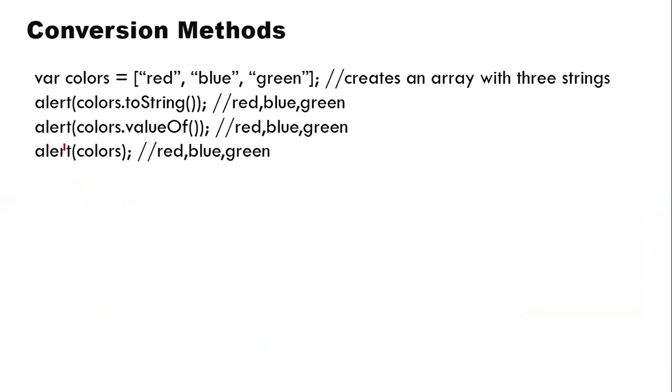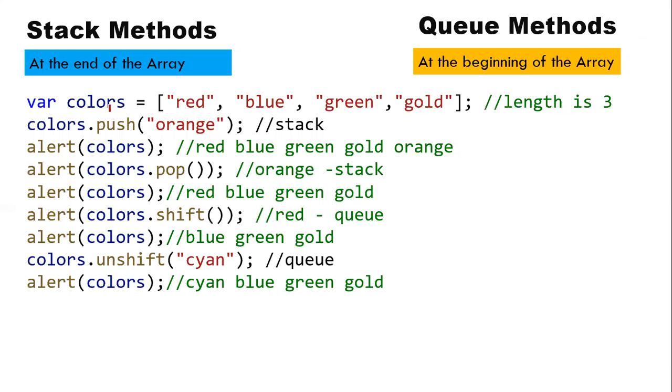And when I want to convert values from one data type to another, you can call .toString, or you can also use valueOf. When I use valueOf, it returns all the values from my array. Or you can simply use the array name, which also returns the elements in my array. So I just told you about these functions.